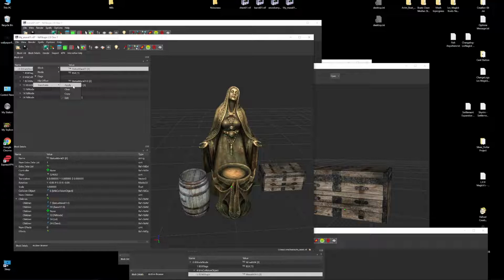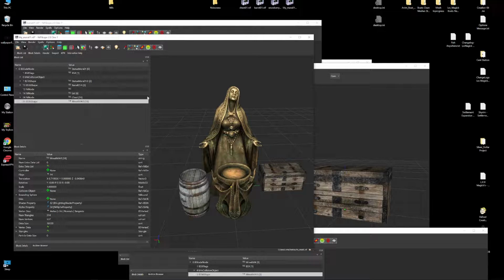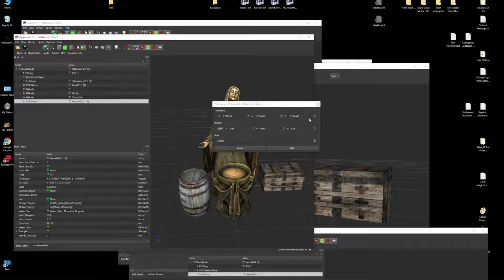There's no drag and drop either, which kind of sucks, but paste branch. So let's edit. At some point it'll come up. Okay, there it is.